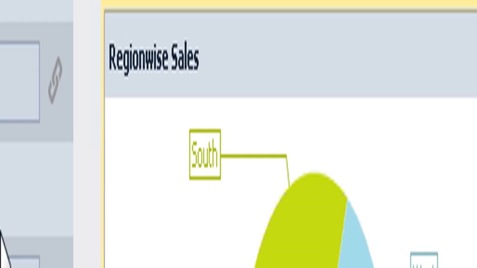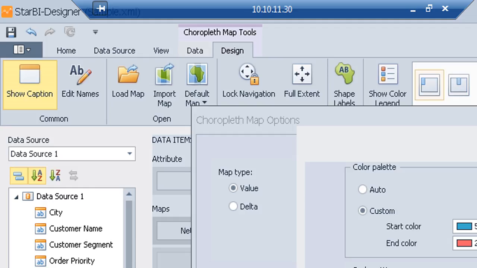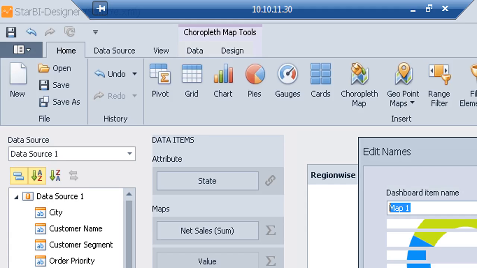You can choose the Design tab and arrange in rows and arrange in columns. Now my dashboard is ready. I will name it Sales Dashboard. I can import some images like company logo as well.